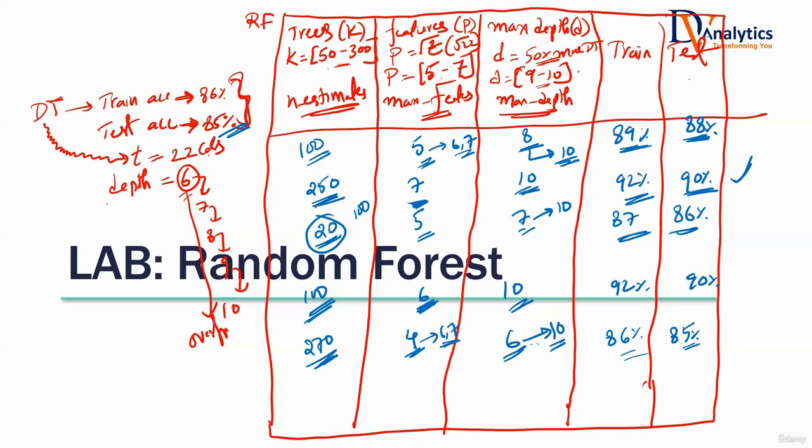Now you have fixed it, Jagannath, which is like 250, 7, and 10. So that will be 92, 90. What I'm trying to say is this option of 90 to 90 comes for different sets of parameters. Different hyperparameters are giving you the same result. The right option is not just a single one. There can be multiple solutions that are leading to this.